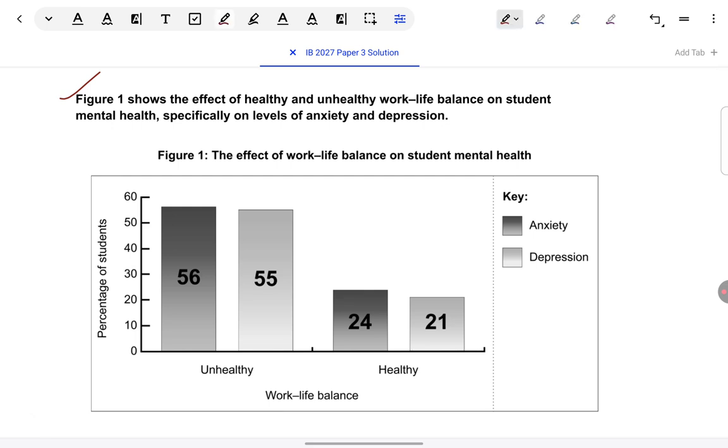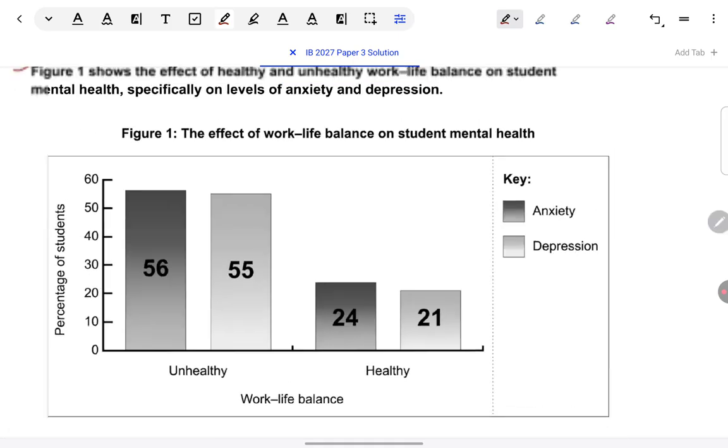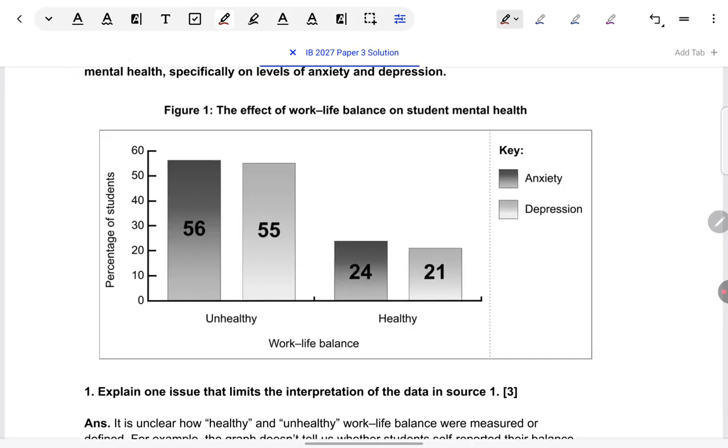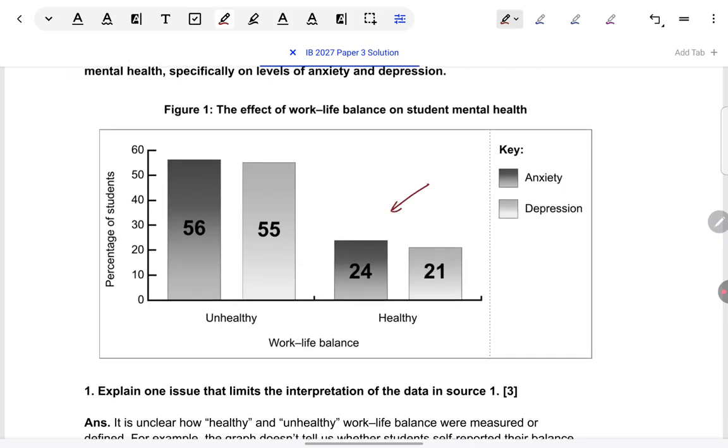Now, whenever it comes to any figure, any graph that is given basically, or any table, you have to read everything given around that graph or that table very carefully. Why I'm emphasizing on this is students will just look at the main graphical content, just the bars which are given, for example. You have to begin by carefully reading the title first, looking at what is given on the x-axis, y-axis, key, scale, everything, and then only you will be able to understand what is on the graph.